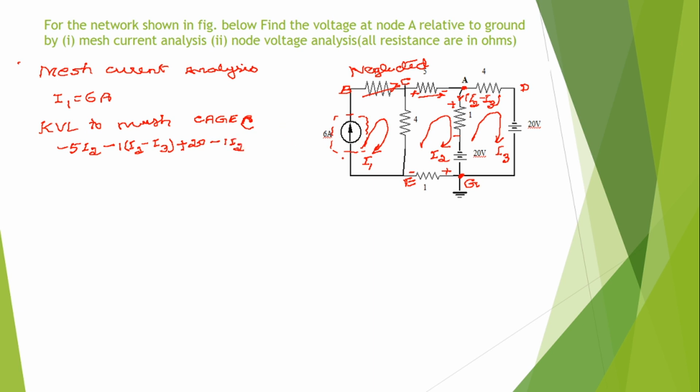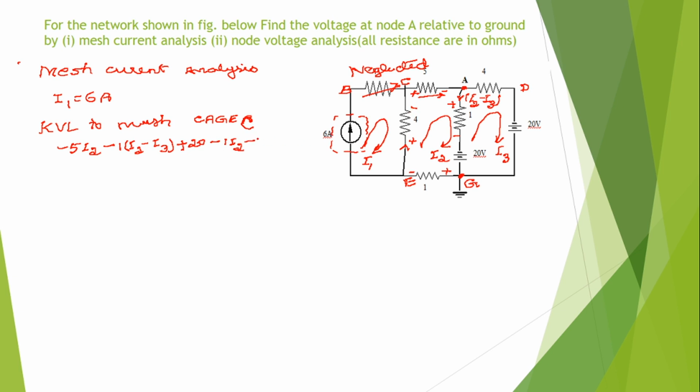Correct? Then across this element, 4 ohms. So in this also I2 minus I1 flows, or I1 minus I2 flows. As I am writing the equation for mesh 2, I will consider I2 minus I1 flows in this direction. So this acts as a higher potential, this acts as a lower potential. So what is the voltage drop? In this path, voltage falls, so it is a minus.